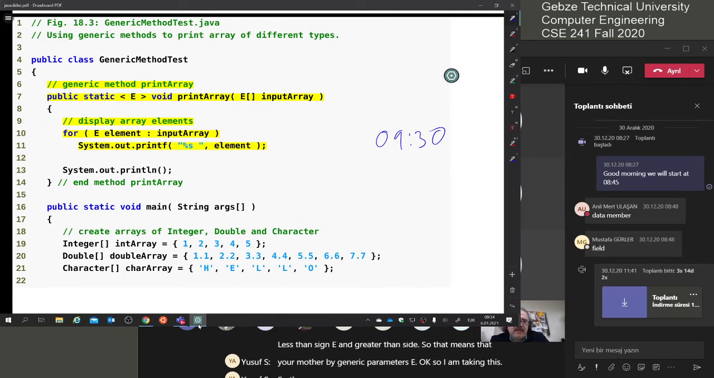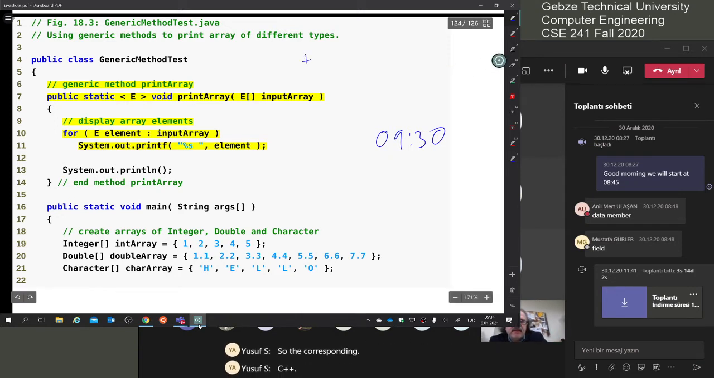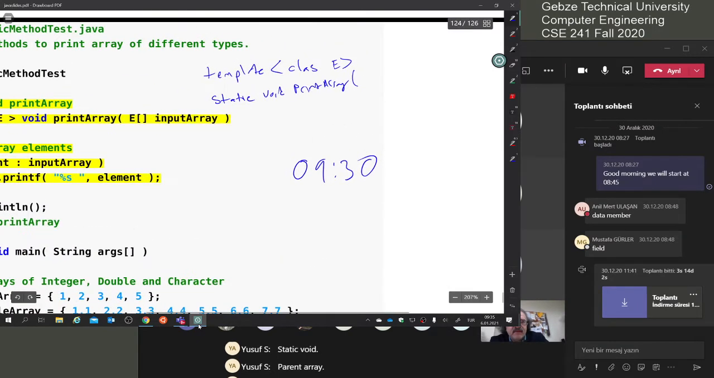So the corresponding C++ function would be template class E. Then you would say I have a static void print array, and my parameters are, again, this is E. Usually, since it's a print array, I would say constant E pointer input array,